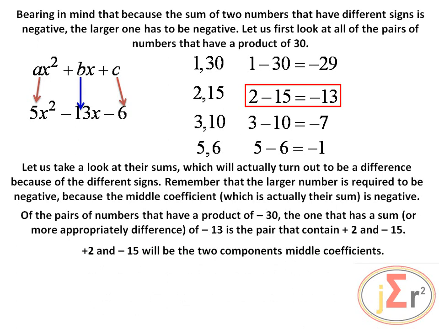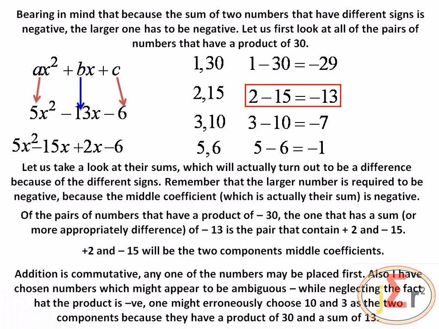Positive 2 and negative 15 will be the two components of the middle coefficient. That is what we are doing in this portion of the video presentation, only resolving the middle term into its two components, because we have enough factorization. When we continue,